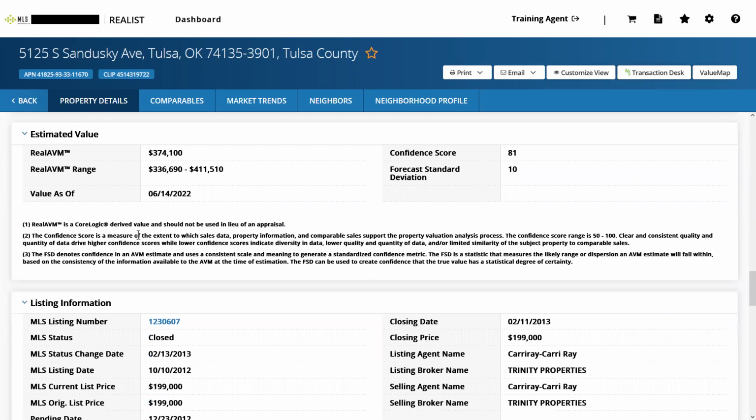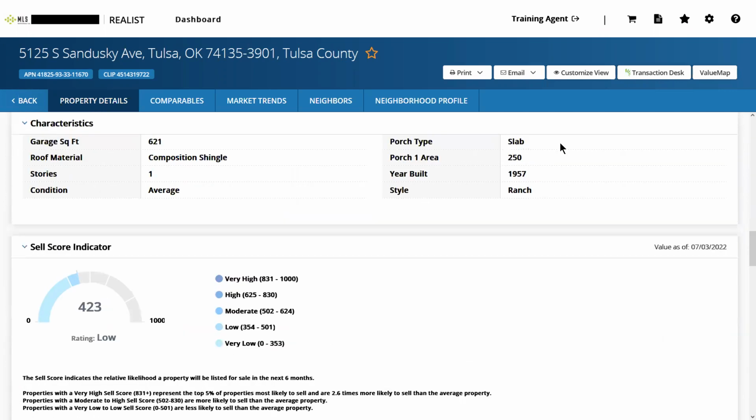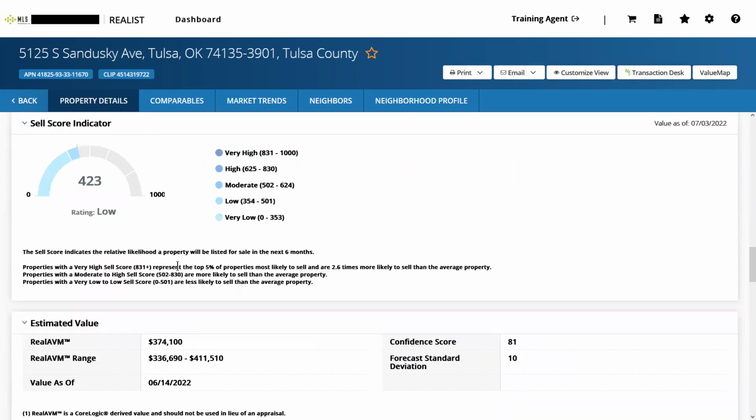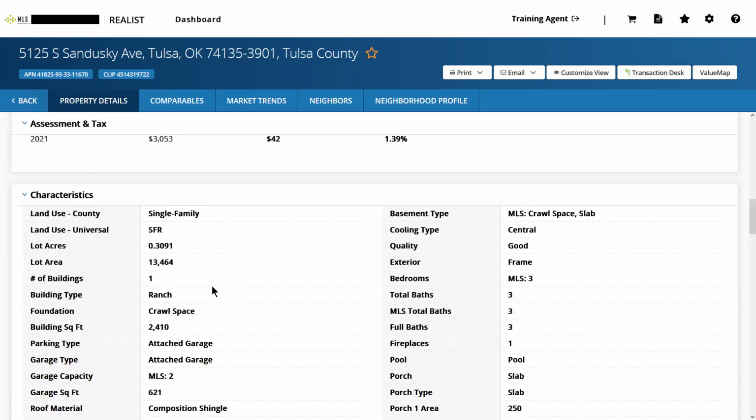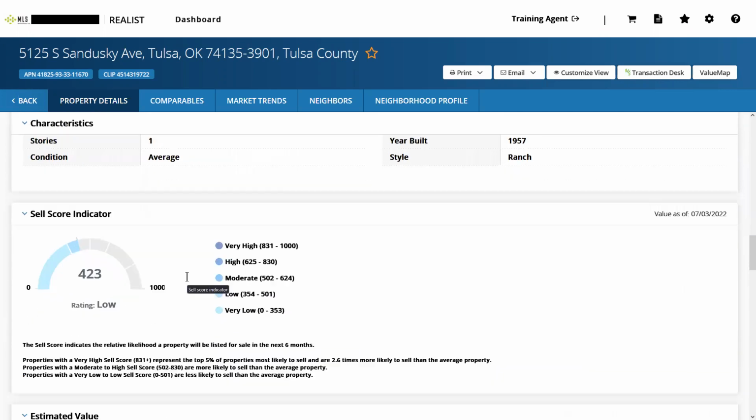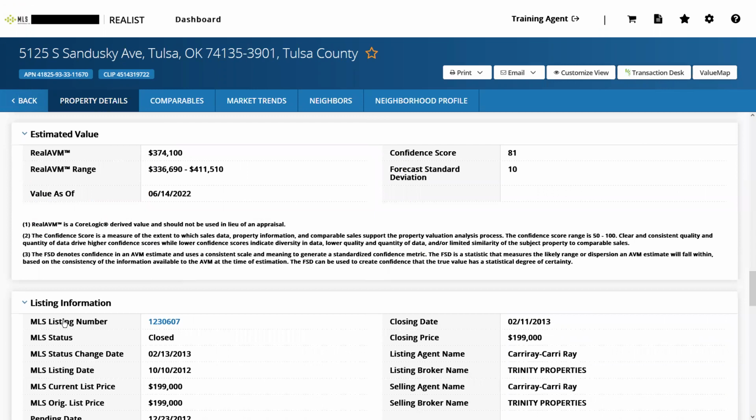The next section down is going to be our estimated value. Just to give you some context for where we are, I accidentally left this off from the last time I was teaching this class, but right after our characteristics is the sell score indicator, the estimated value, and then the listing information, which we've already covered. But the estimated value is something that's been developed by Realist directly. So this is not Zillow's estimate or anything like that, but it is still what that Zestimate is actually called, which is a